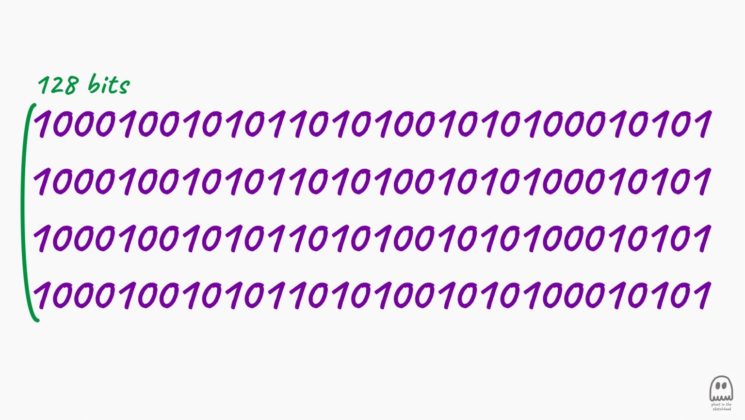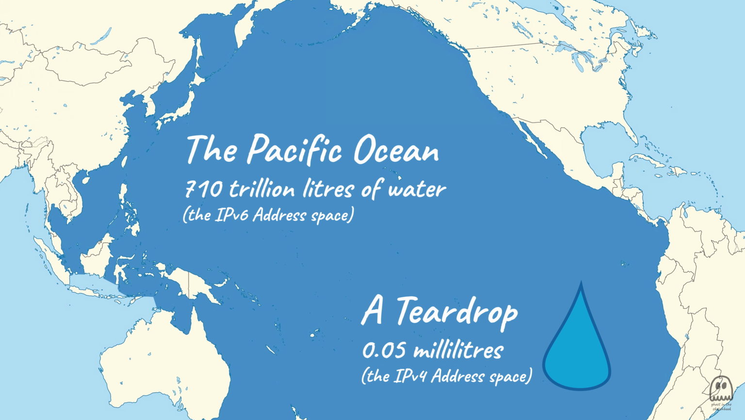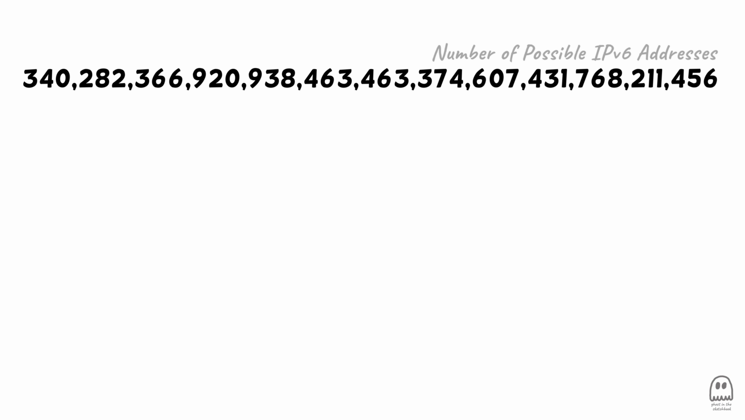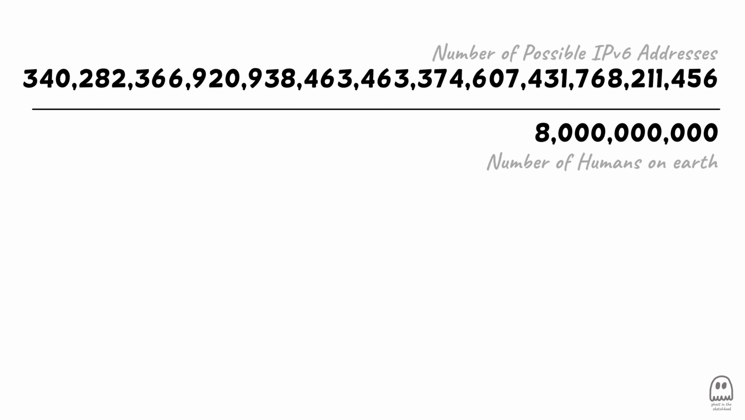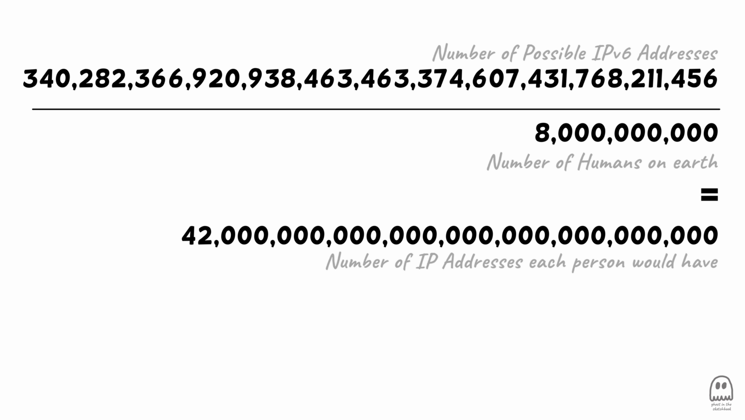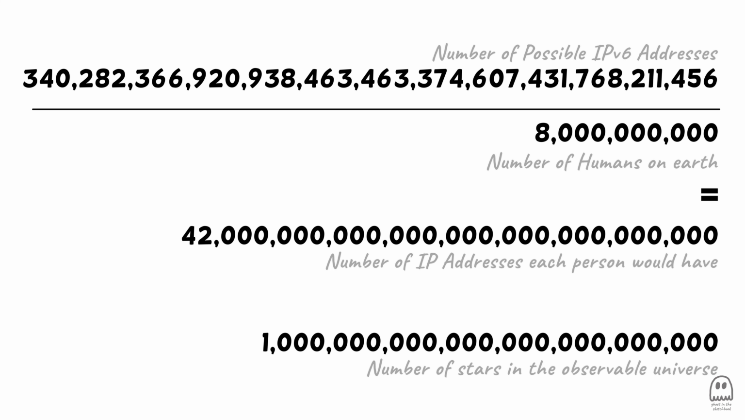Version 6's 128 bits against version 4's 32 meant that rather than clever recycling techniques, the fix was to just not run out at all. In fact, if you divvied up all the possible IP version 6 addresses, and did so evenly between every human currently alive on Earth, each person would individually have more IP addresses at their disposal than there are stars in the observable universe. Hopefully that'll fix the problem of running out,